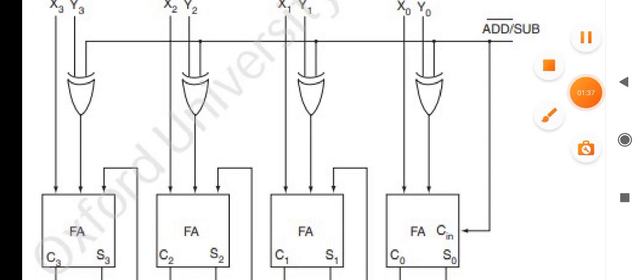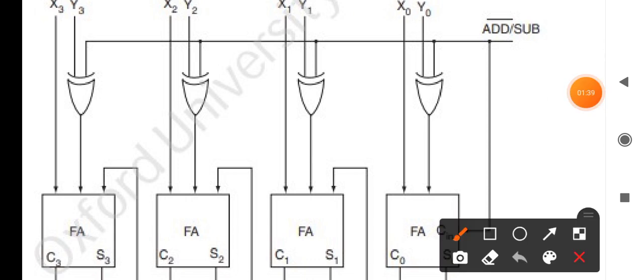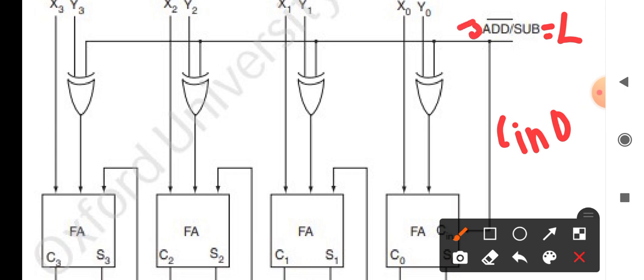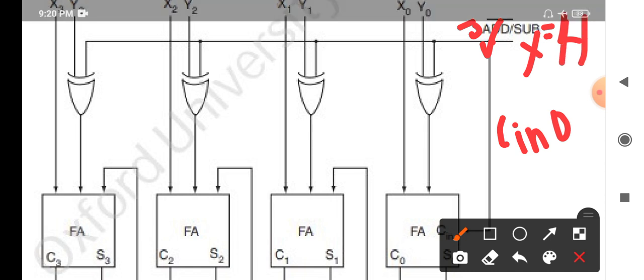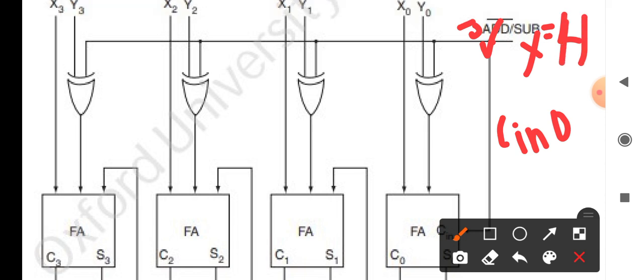When this add line is kept low, the C input is low, and 0 complement is 1, so addition works. When it is kept high, addition will not work, and subtraction will work.